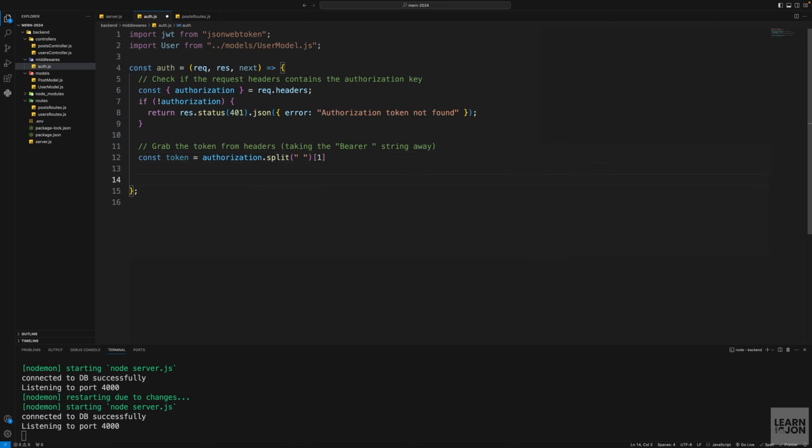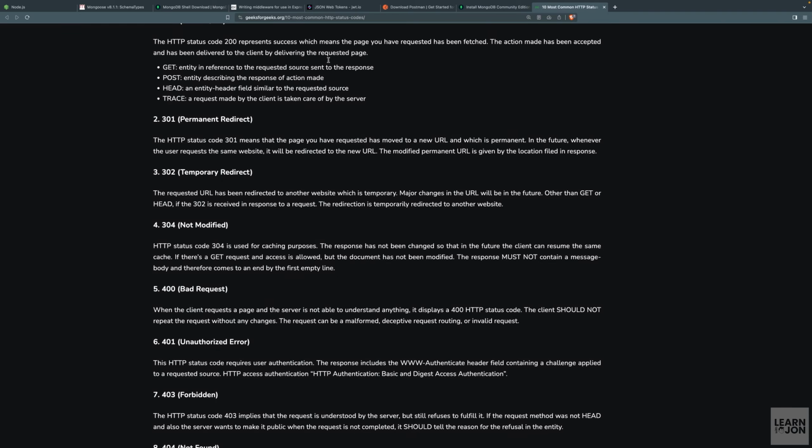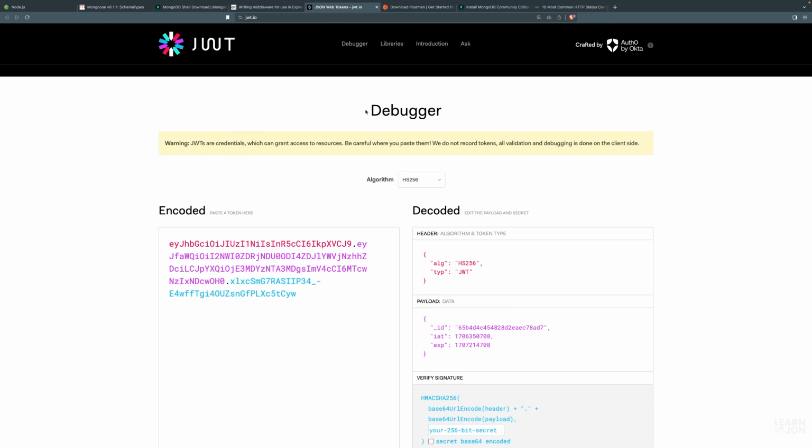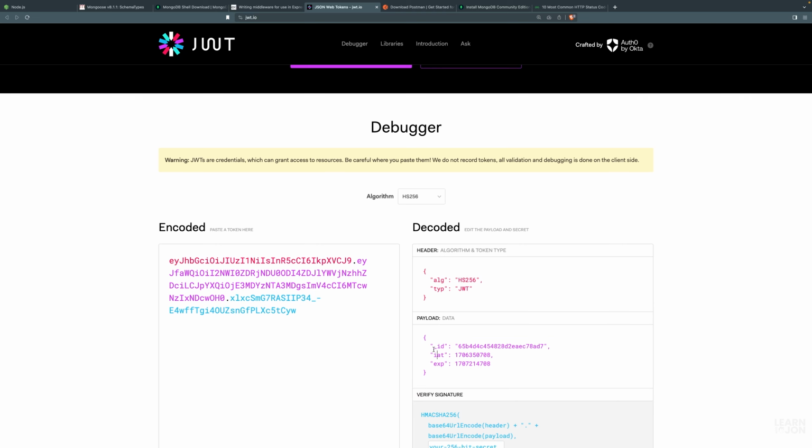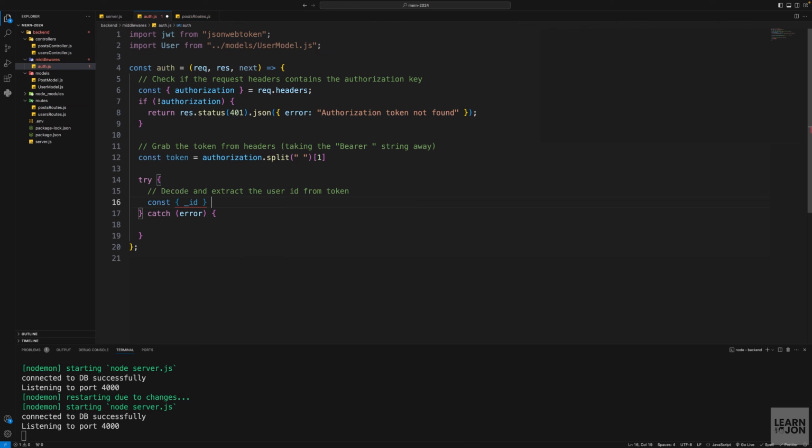Now, what do we want to do here? We want to try to decode it. So let's add a try catch block, and again I'm going to make comments. We want to decode and extract the user ID from the token. Let's create our ID first. I'm using this syntax here because, remember, when we sent that token in the payload, back on the JWT website, the key in the payload is _id, and it's an object. So we want to destructure it and use the same name, _id, and set it to